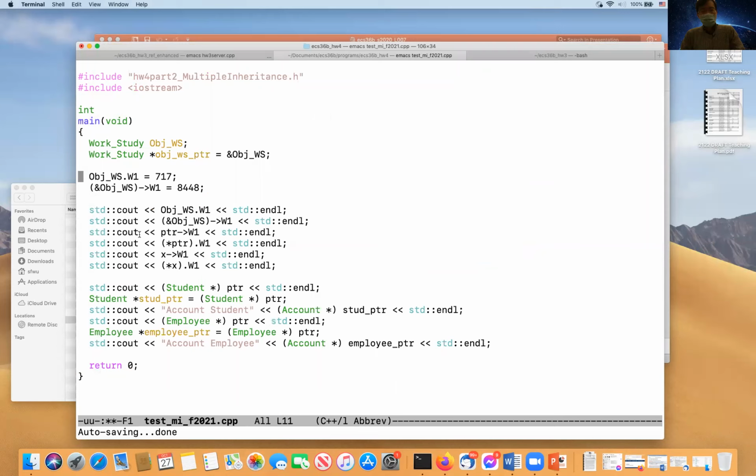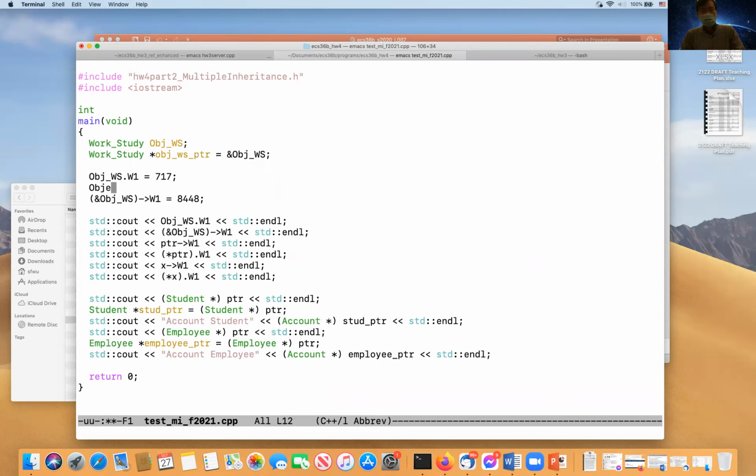The first thing I will do is cast it to the pointer. Let me try this. I might not need to cast that way, I would just do it this way. Let me not make it complicated. Object WS, I have to cast it to, I think, student. Hopefully this will work.